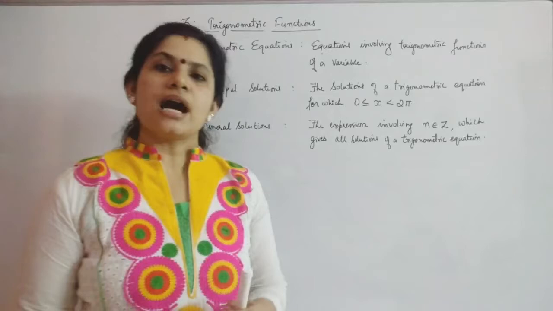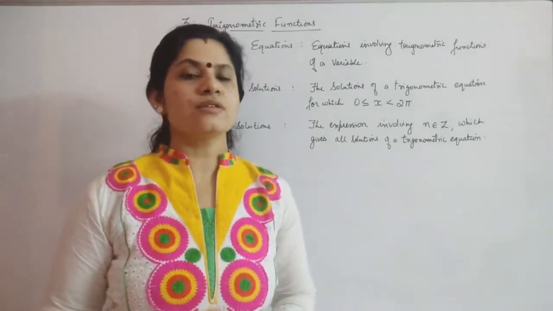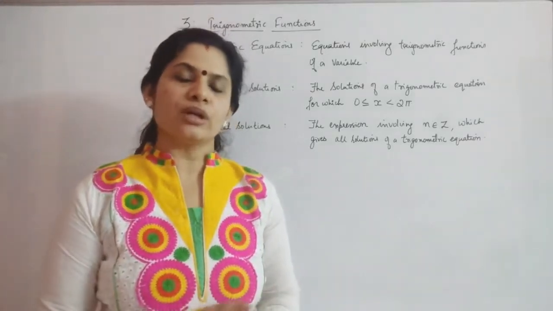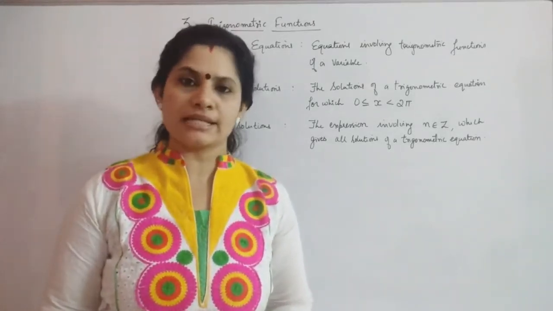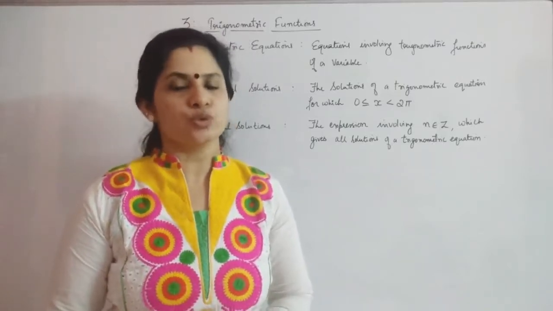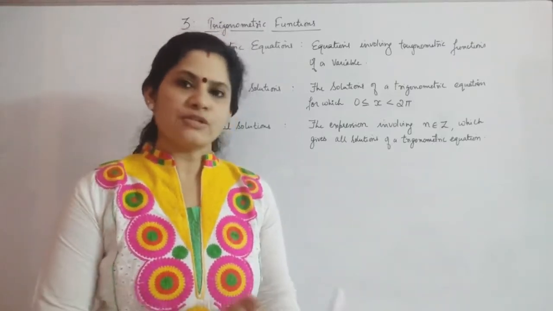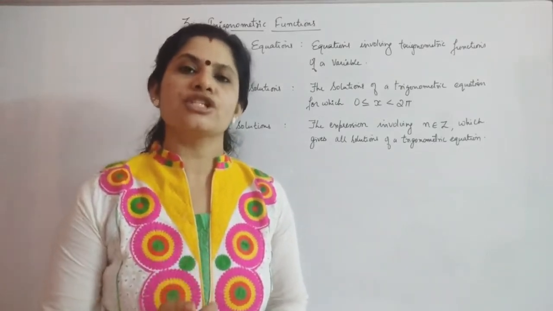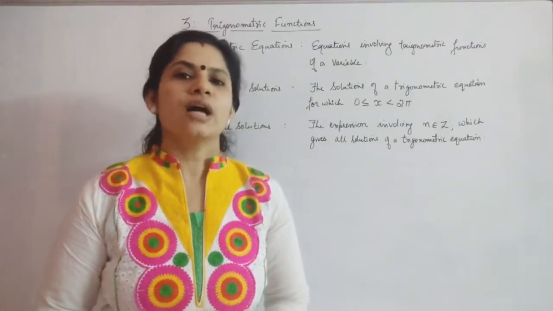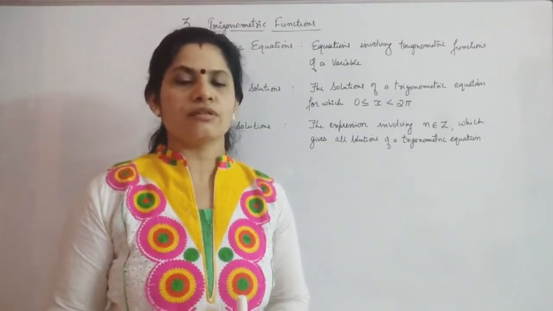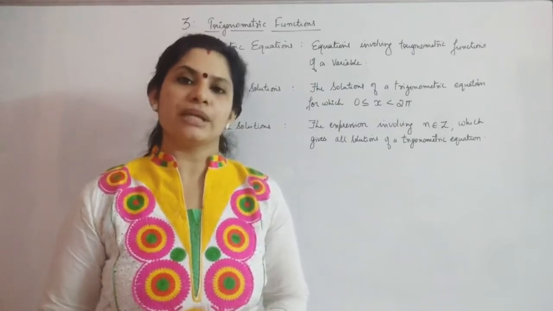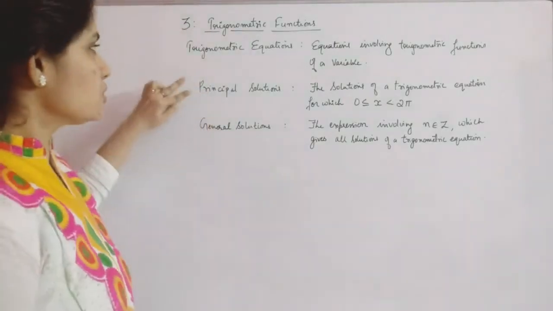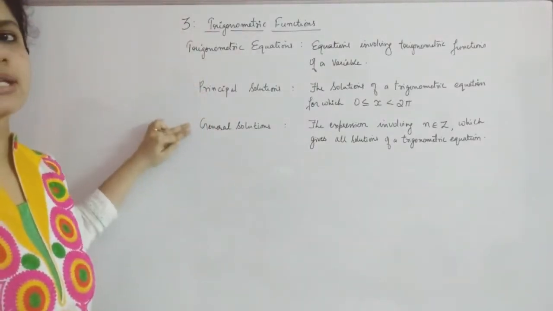Now we know that after a period of 2 pi, the values of sine and cos both repeat. That means from 0 to 2 pi, whatever values have been considered for sine x and cos x, that will be repeating after 2 pi also. Okay, that is in between -1 and 1. Now for tan, we know that the repetition of values occurs after a period of pi. Repetition of values of tan will repeat after a period of pi. Okay, concerning these things, we have two main points, which are principal solution and general solution.